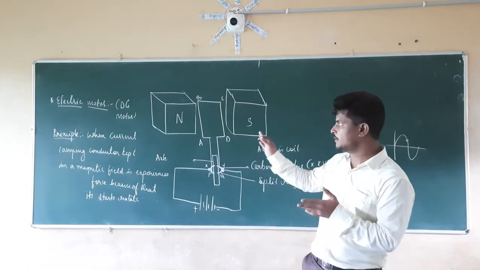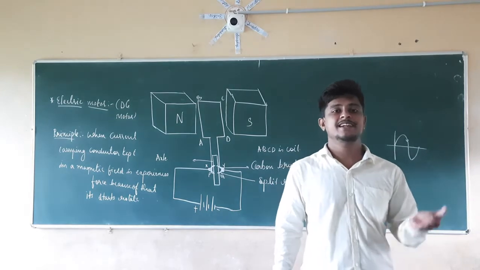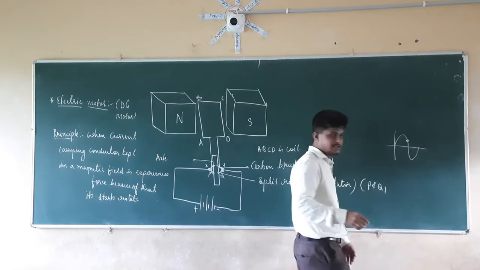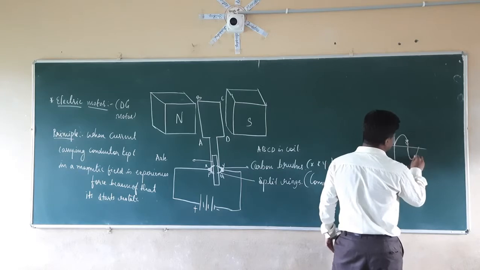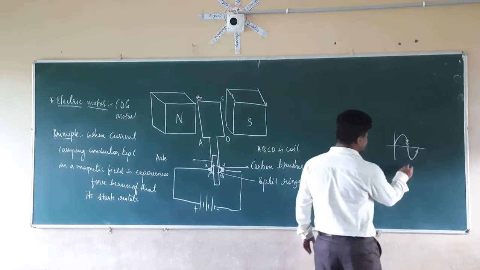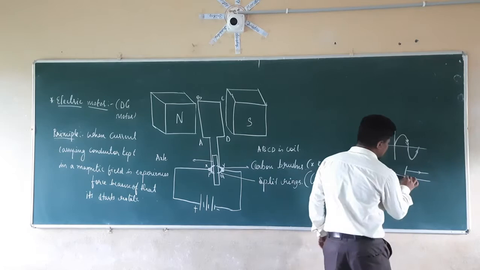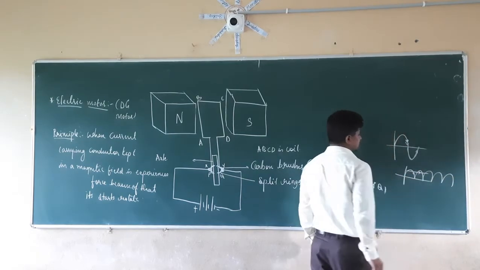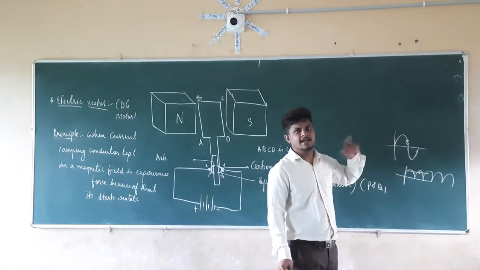Up to that point, just remember DC current is nothing but direct current. That is not going to change its direction. But AC current is going to change its direction like this. Here I have given a diagram. In the first half rotation it is going in this direction. In the second half rotation it is in the opposite direction, since the directions are reversed. But direct current always travels like this. Is it changing its direction? No, it is not changing its direction. So this is the major difference between direct current and alternating current.